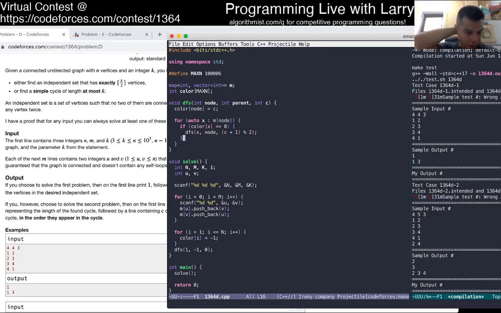That's always good. Oh, I forgot. Well, I guess if we color it, we don't actually need the parent part because your parent is always colored.